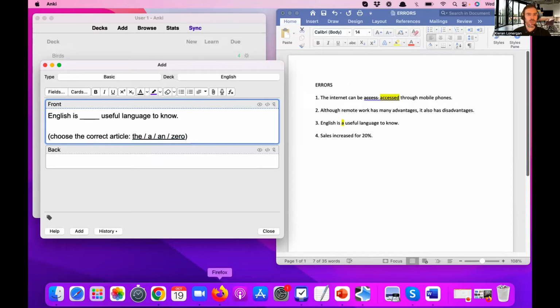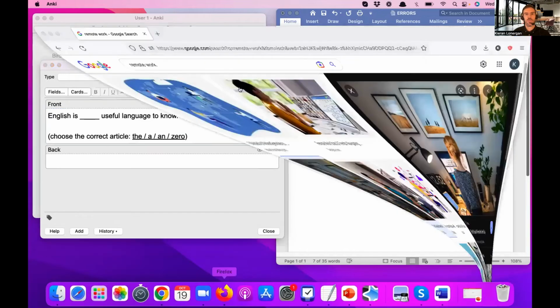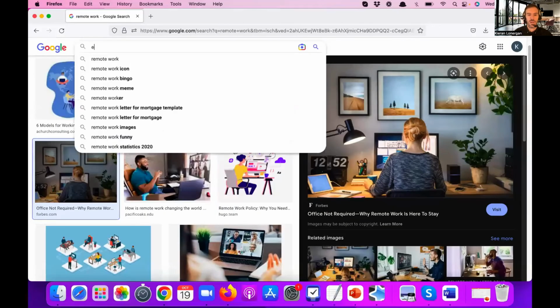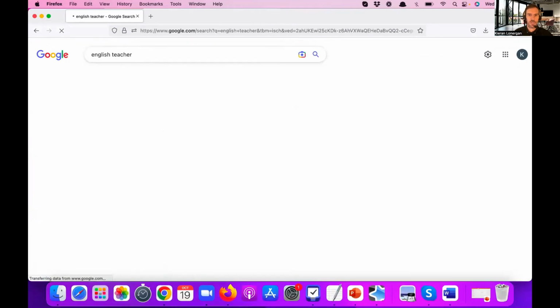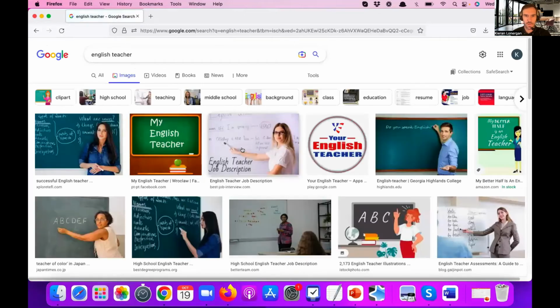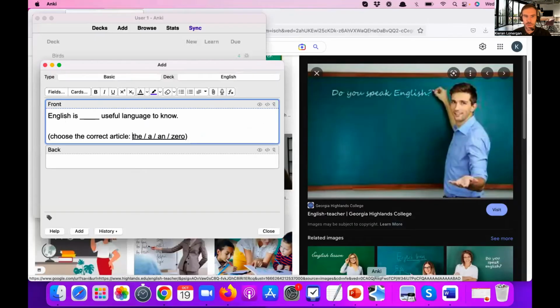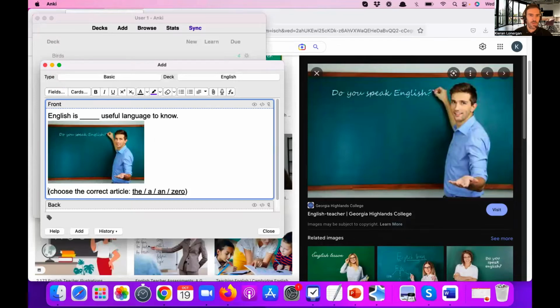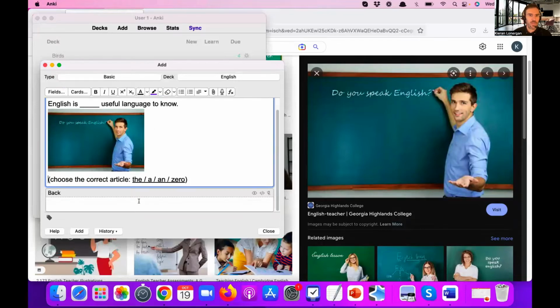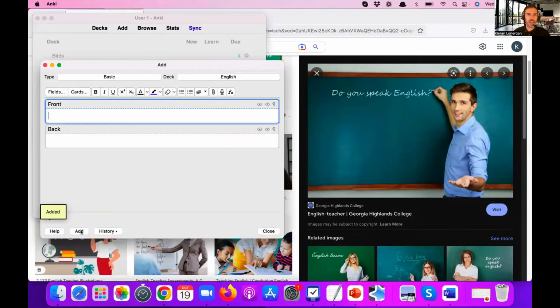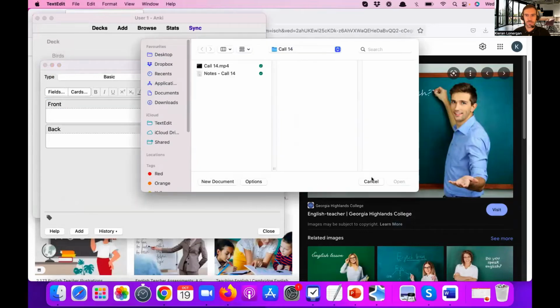And a useful image. English teacher. So okay, so this looks like my English teacher. I'm going to use this here. And the correct answer on the back, I'm going to add that to my deck. And the last sentence,